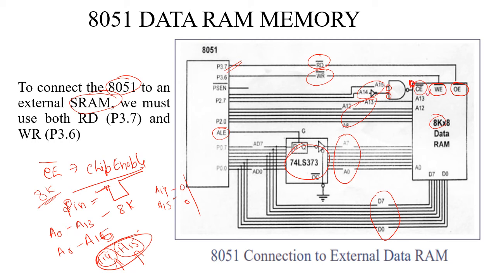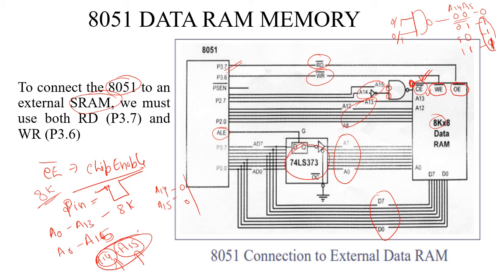So anything other than 0 at the input of the NAND gate, we know the truth table: the possible inputs are 0 0, 0 1, 1 0 and 1 1. When the input is 0 0, the output is 1, and for the other inputs 0 1, 1 0, 1 1, the output is 0. Any values other than 0 at A14 and A15 will make the chip disabled.